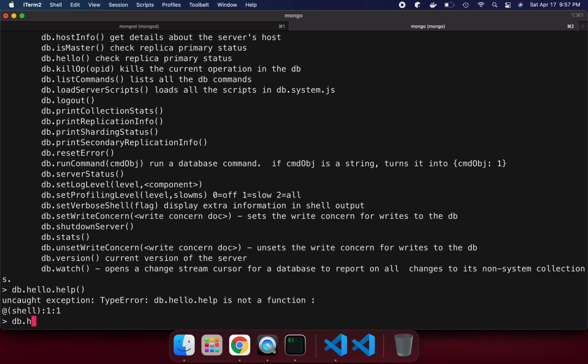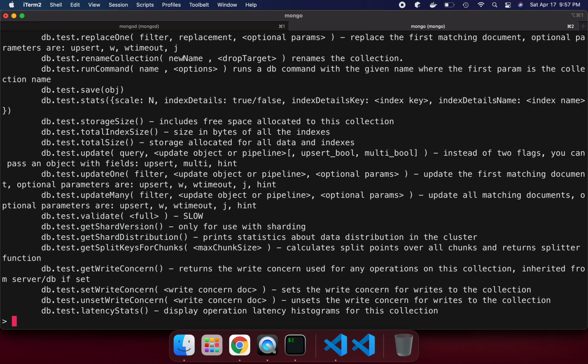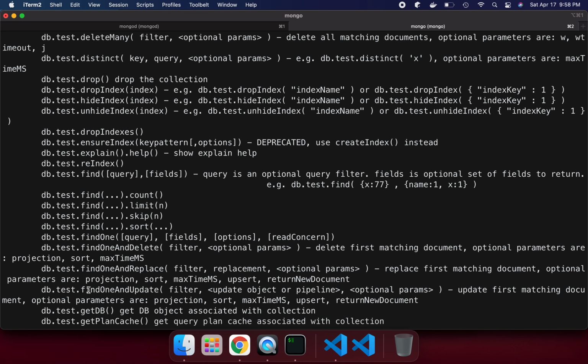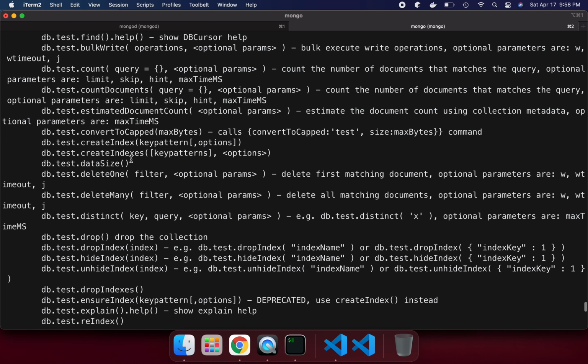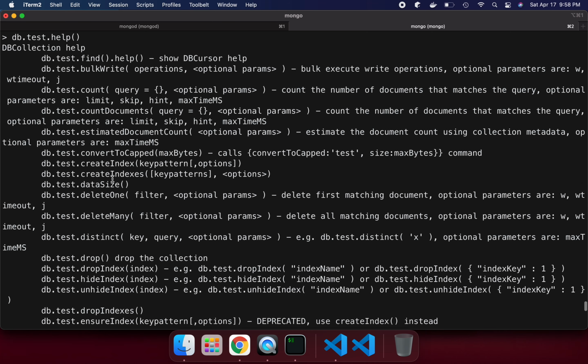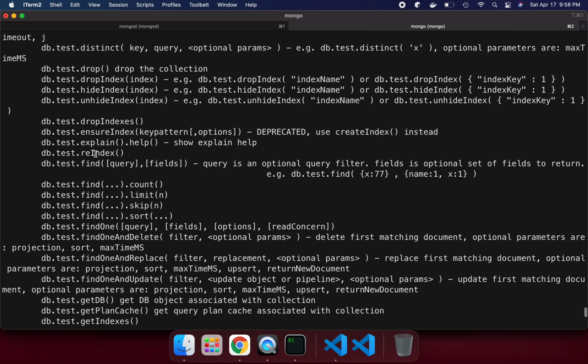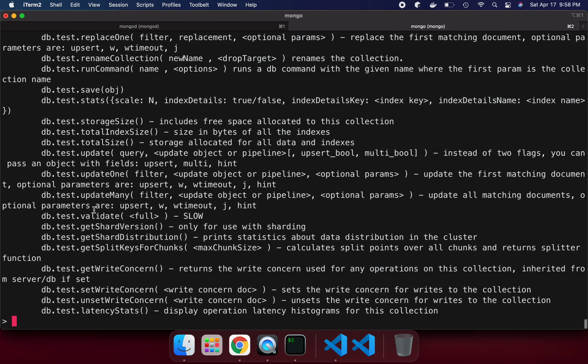Suppose I say db.test.help, where test is my collection. All the help is available here too, like dropIndexes, deleting one record, findOne, insert. So all the help related to the collection is available, and this way you can explore all those things.